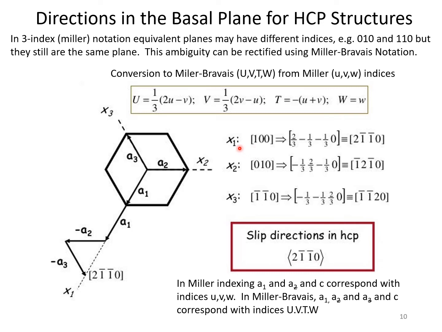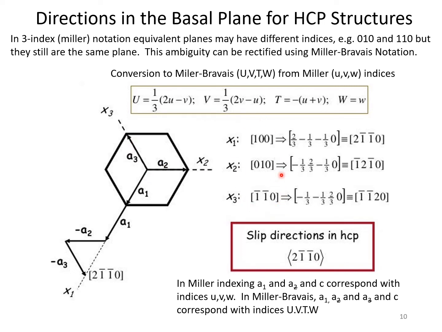In the three index system, using x1 and x2, for x1, for A1 we'd have 10, for A2 we'd have 010, but for this one, A3, we would describe that as -1, -2, minus A1 minus A2 to describe x3. So it was recognized, I guess, early on that these are equivalent directions in the hexagonal cell, but they have